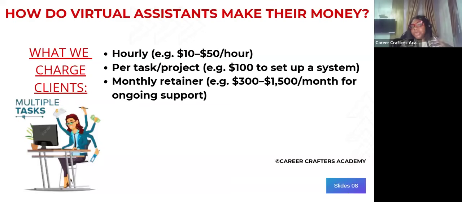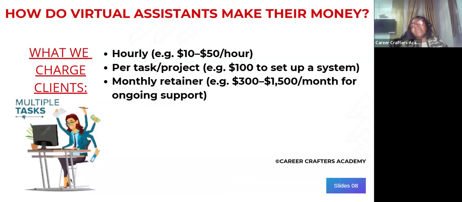Let's say you are doing bookkeeping services. You're an accountant, you are auditing their books. You can charge as high as $50 per hour to go through their books, right? So we charge according to what we are going to do for you. We charge according to our expertise. We charge according to the market demand, right? So if it is an hourly task, we can charge you hourly.